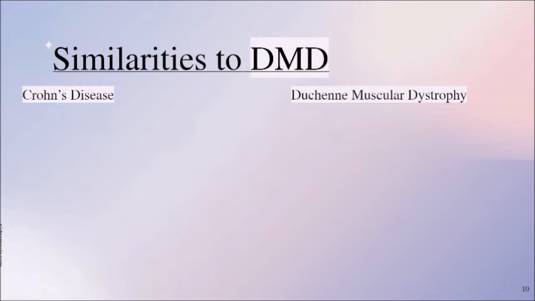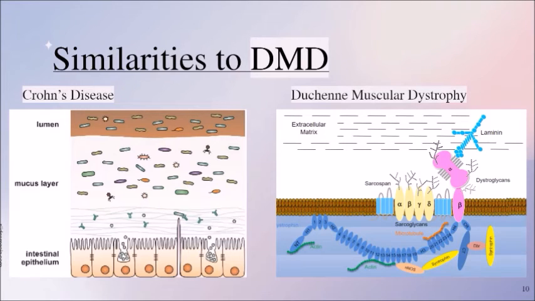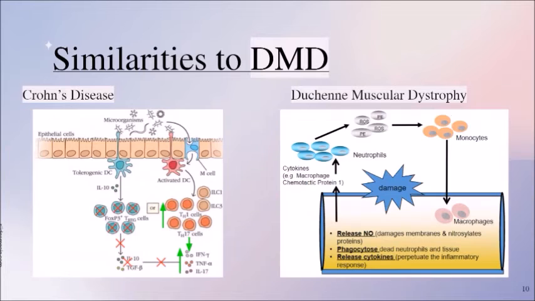Many of the components of pathology and symptoms may seem familiar. The instigation of damage to the mucosa by structural defects in the tight junctions mirrors that of the defects in dystrophin that compromise the structure of myofiber membranes. Another parallel is the role an inappropriate immune response plays in exacerbating the damage by recruiting too many inflammatory immune cells that inadvertently damage surrounding tissues: nearby epithelia in the case of Crohn's disease, and nearby myofibers in the case of DMD.